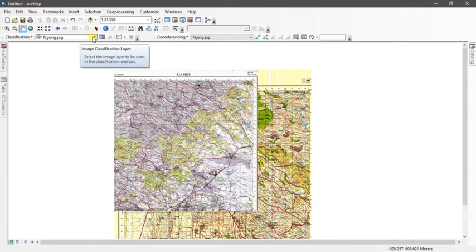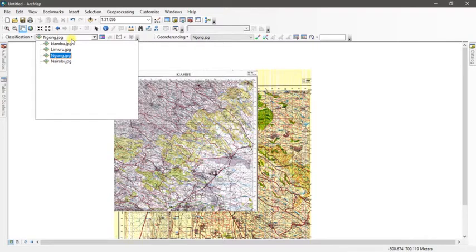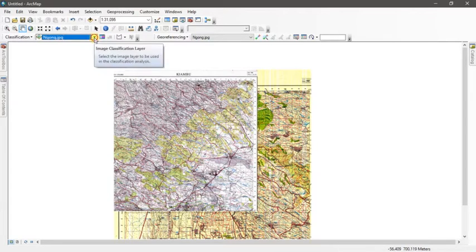So if you do any georeferencing, for example, if you add a control point in Kiambu and you have the Ngong image selected here, you'll be making a mistake, because you'll be georeferencing Ngong, but the control points you are putting are in the Kiambu map. That will definitely bring you an error. So you want to ensure that the image you are georeferencing is well labeled and that you have it right there. Okay, so let's start with Nairobi.